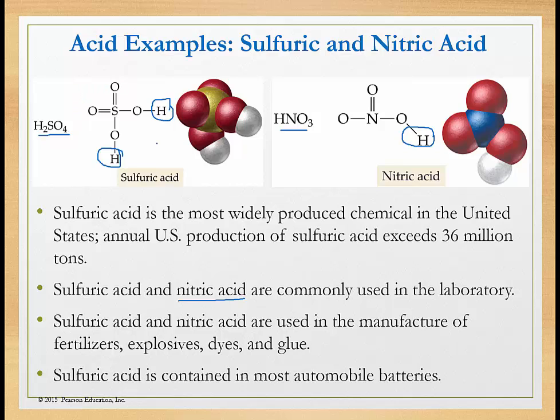Now notice, they both have oxygens, but if you look right over here, the situation that we have with this single bonded oxygen that isn't bonded to any other atoms, that gives it a little bit of extra oomph to do some other things. We haven't looked at redox yet, but when you look at the chapter on redox, you'll see where that is coming from. Sulfuric and nitric acids are used in the manufacture of many goods, including fertilizers, explosives, dyes, glues, on